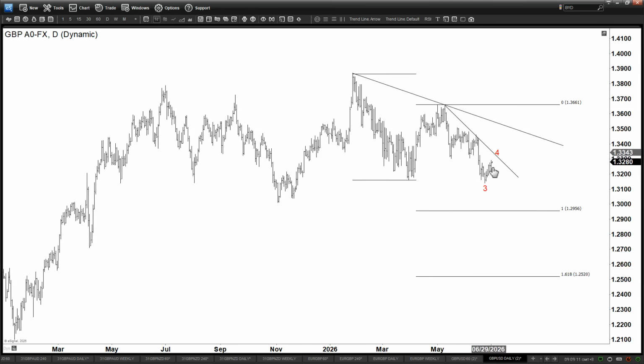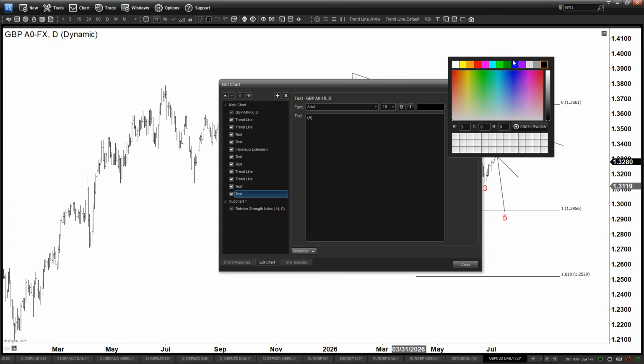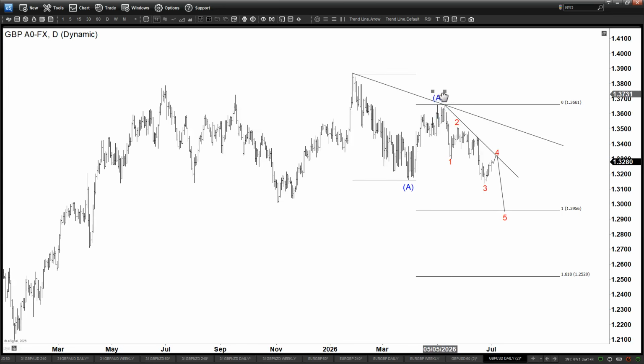So, yeah. So if you're labeling this 3 and 4, that means the 1 and 2 is around here. So that means we're basically ending with 5 later on. So probably you can retest this trend line here and then go down as a wave 5 to finish into around 1 point, let's say 1.3, okay? And that could either finish ABC, right? So let's assume minimum expectation is some sort of ABC, and that means, okay, let's assume this is A in the higher degree, of course. This is minor, so this one should be intermediate A, and this is a B,